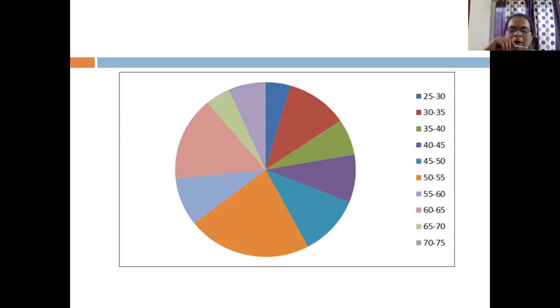Nowadays everybody is very expert in the Excel sheet, so you can directly enter the data into the computer and get it easily. But as a teacher you must know which diagram will be best suited for the particular data you have collected, and you can draw according to that. You can construct it manually, and using the Excel sheet it is also constructed very easily.